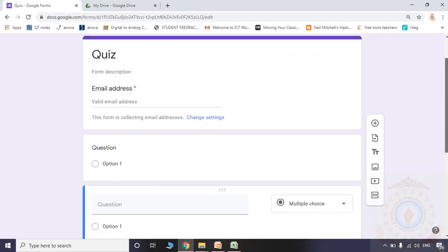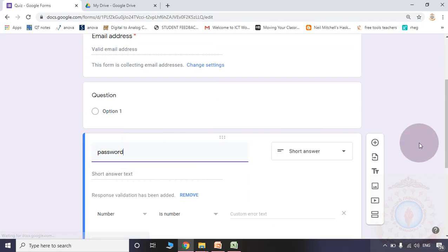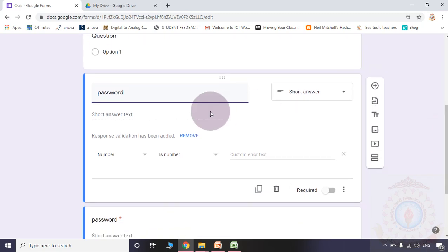One more query is about the password. I have shown that if the question is a password, you are supposed to give a number. The number is equal to the option you need to frame. If you are observing the input like 1 2 3 4 5, the custom error text I am using is password is wrong.